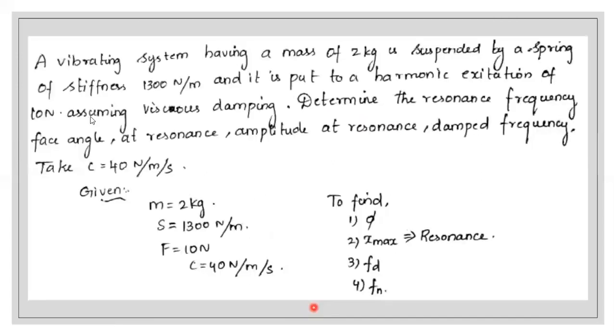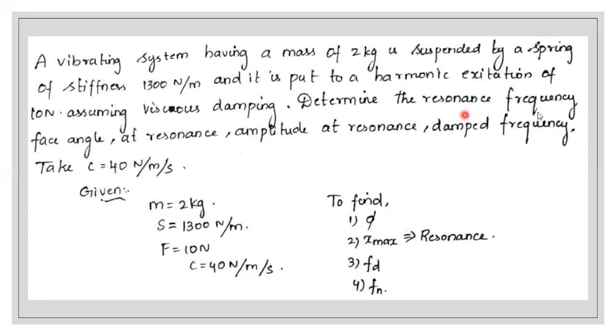So the next sum is a vibrating system having a mass of 2 kg. So mass 2 kg suspended by a spring of stiffness 1300 Newton per meter, and it is put to a harmonic excitation of 10 Newton. So force will be 10 Newton. Assuming viscous damping. Viscous damping means either a liquid or oil will be used. Determine the